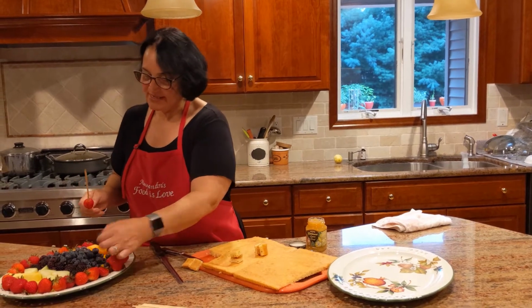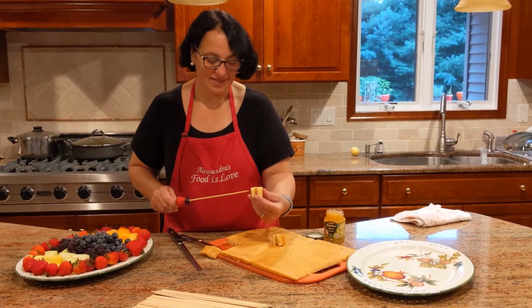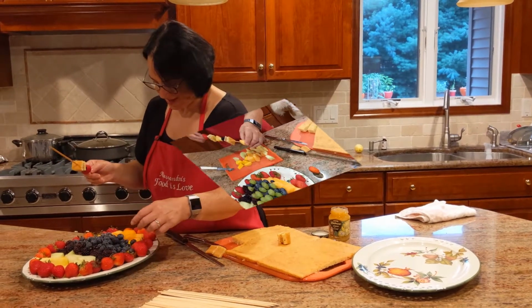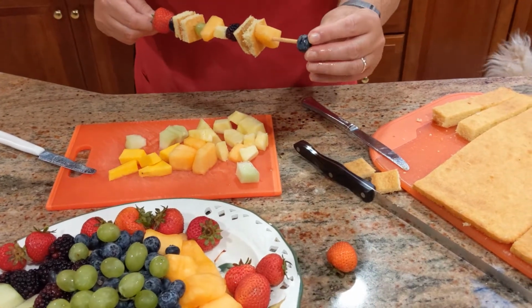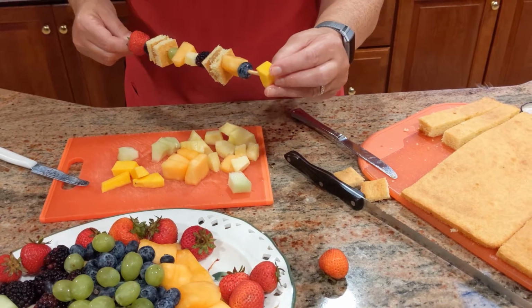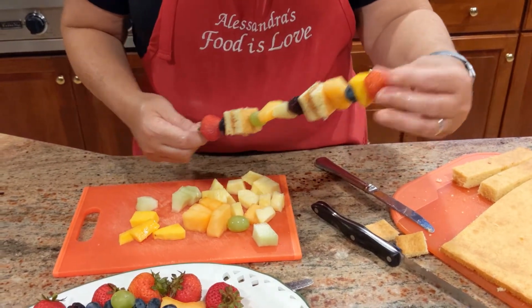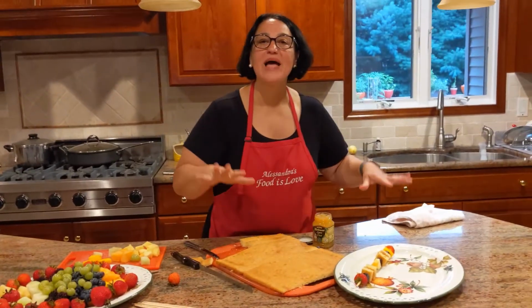Okay, nice big blueberry. The double piece of the cake. Piece of the mango. Okay, and I finish it off with a strawberry. Now take a look at that. Now I'm going to make more, assemble them, and then the final tip, I had to make these absolutely incredibly